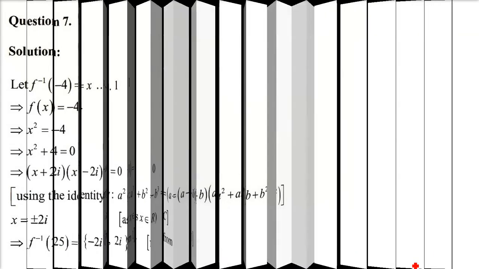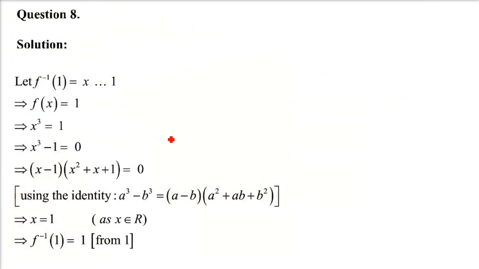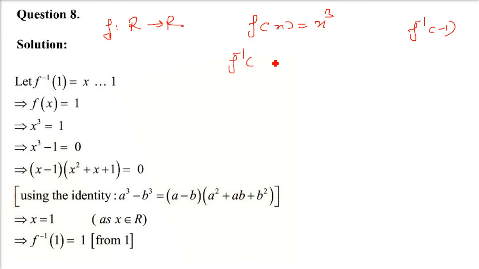Now all the questions which are coming, 4 or 5 questions, are like this. So let me take one more, question number 8. f is R to R, given by f(x) equals x cube, and we have to find out f inverse of 1. So now let me change the convention, and I'll just take it as x only. I'll not talk about that y, etc.